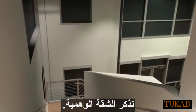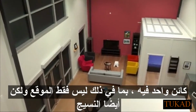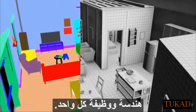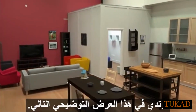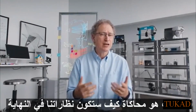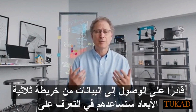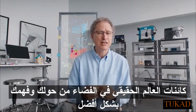Remember the mock apartment we saw earlier? Well, we've indexed every single object in it, including not only location, but also the texture, geometry, and function of each one. We fed all that information into the Project Aria glasses Mingfei is wearing in this next demo. And the reason is to simulate how AR glasses will ultimately be able to access data from a 3D map that will help them identify the real-world objects in the space around you and better understand your context so they